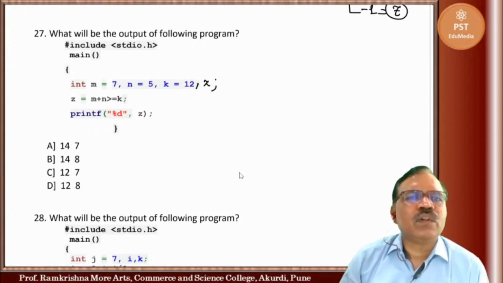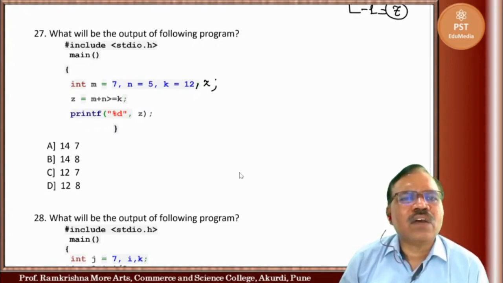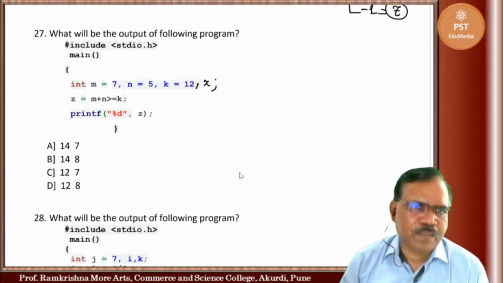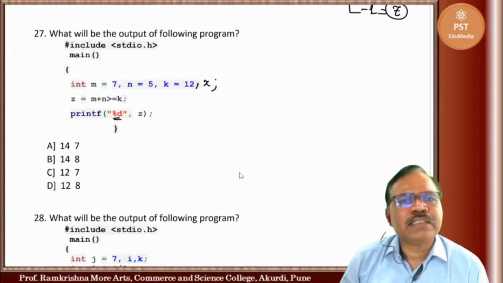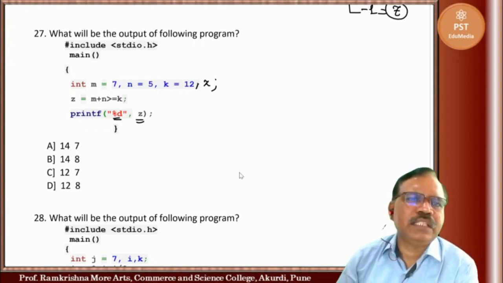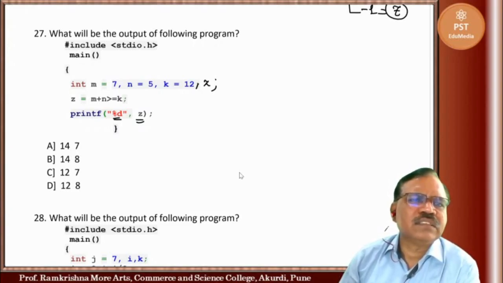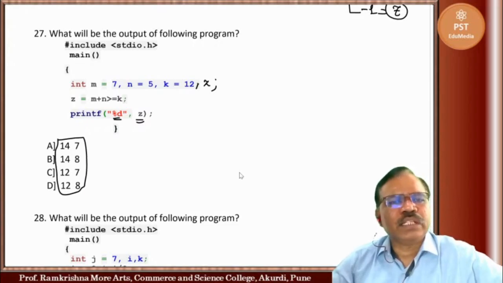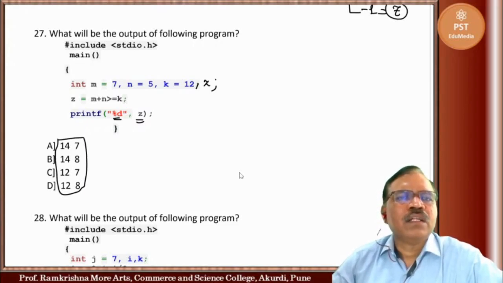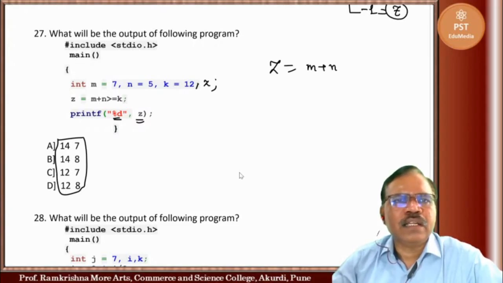So z is equal to m plus n greater than or equal to k. Then printf %d, z. What is the value of z?